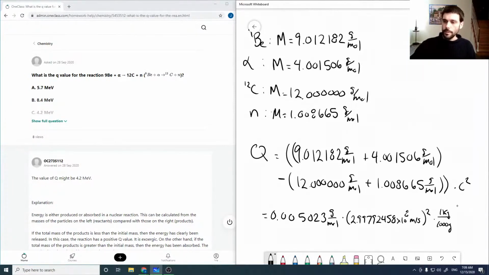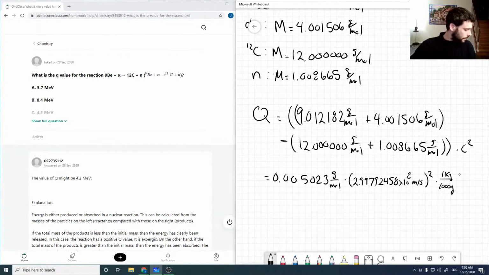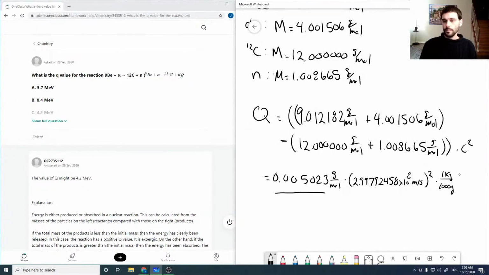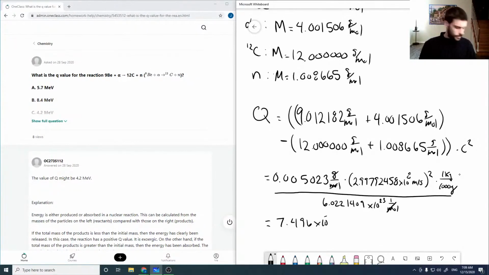And to get rid of the mole, we're going to divide by Avogadro's constant, 6.022 times 10 to the 23, 1 over mole. So that'll get rid of the grams and the moles, and put the whole thing in joules. And so it comes out to be 7.496 times 10 to the minus 13 joules,